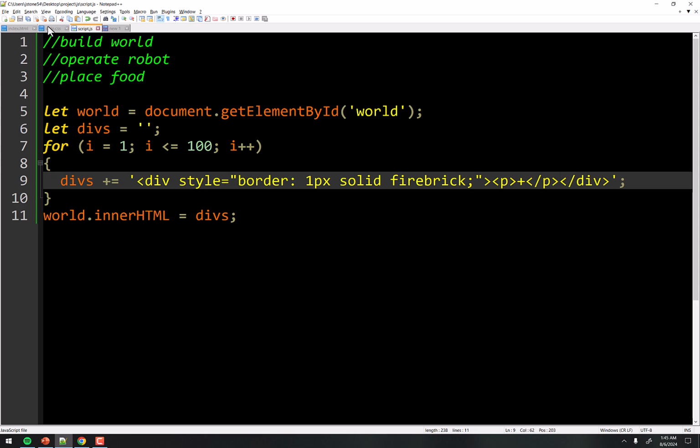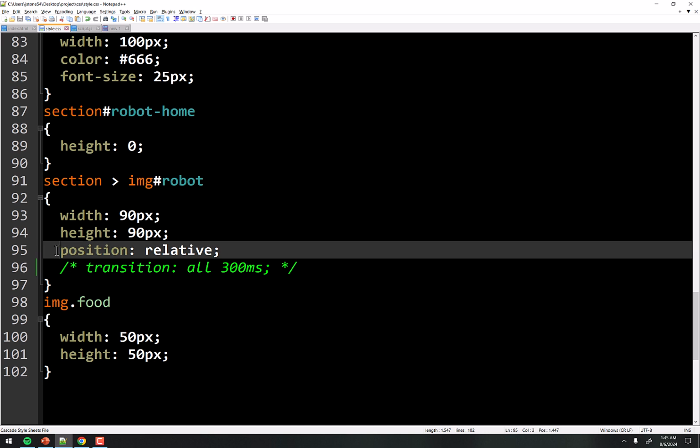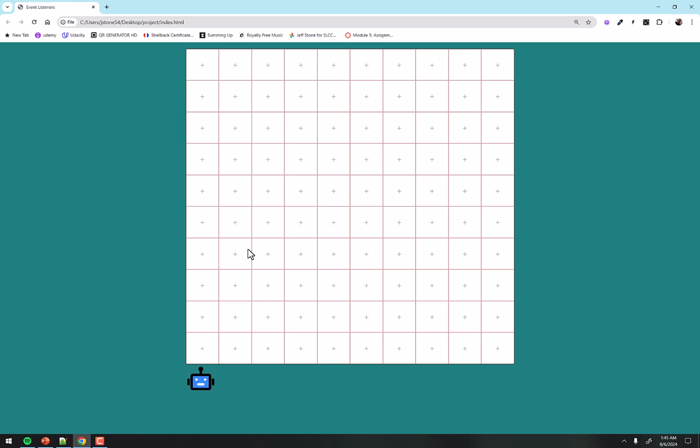So let's look at what that means here. If I go to the style on the robot, right now the robot is set to position relative. I did that in preparation for what we're about to do. When you set an item to position relative, what that means is if I decide to use the top or the left or the right or the bottom properties, it will move relative to where the robot is supposed to be, right? Well, the robot, just by default of the way HTML works, if you don't mess with the positioning, it will be right there.